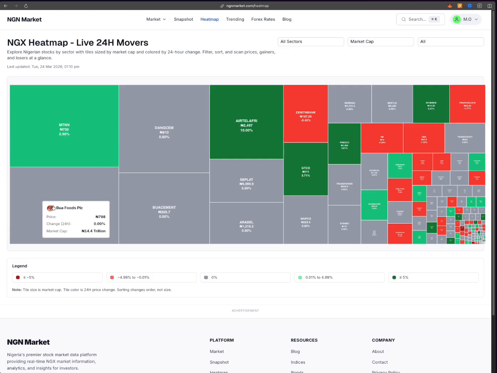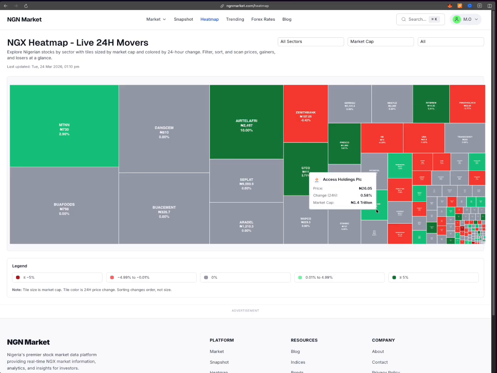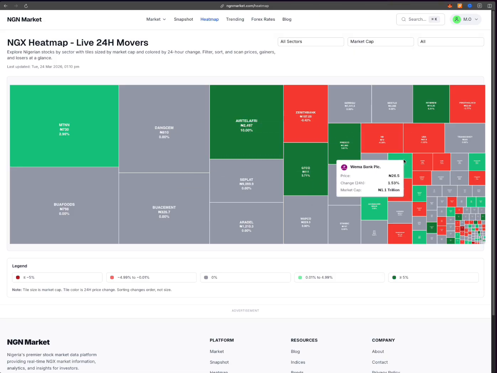And then if you start to poke further, you start to notice that Zenith Bank is biggest among the banks, then followed by Guarantee Trust Bank, which is GT Bank, and on like that. You have your Access Corp here, which is 1.4 trillion, and then you also have your Wema Bank and Co, which recently became a what's the word for it? Stocks that are over 1 trillion naira. So